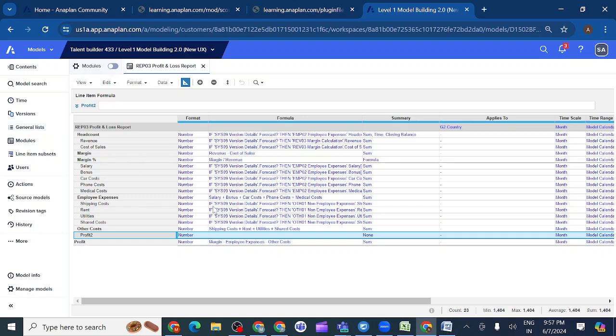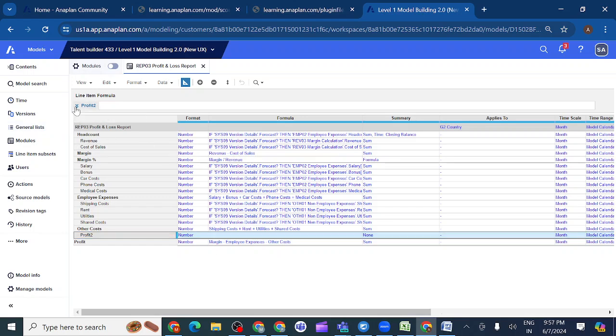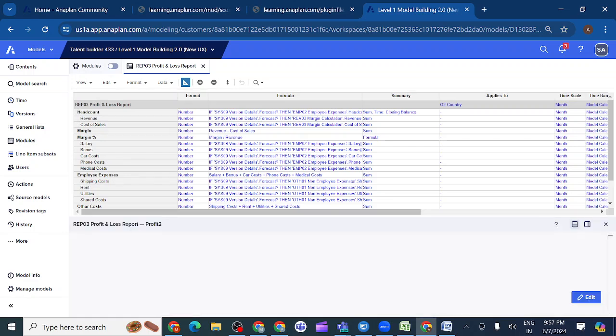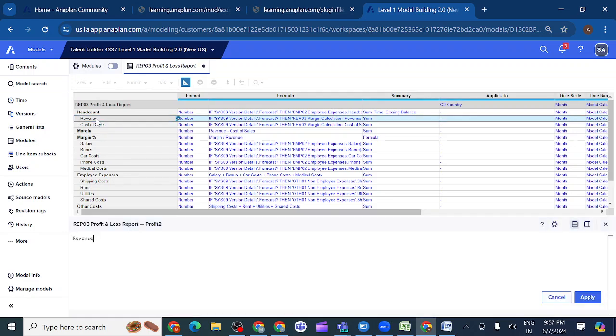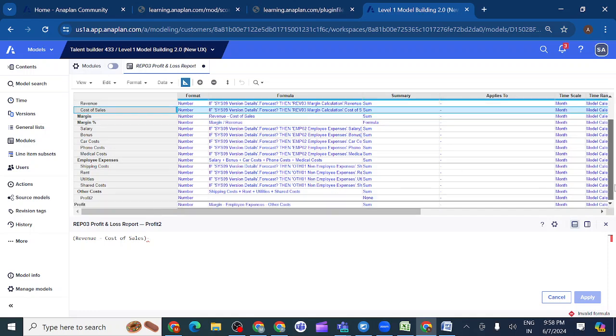So what is the margin formula? Revenue minus cost of sales. So if I write my formula in this way, revenue minus cost of sales, this becomes margin. Then what is the other formula? After margin in profit, what do we have? Employee expenses.